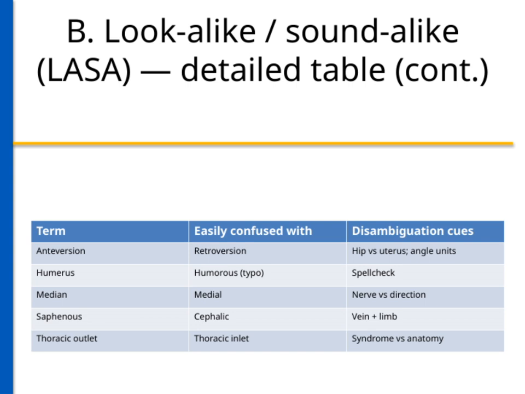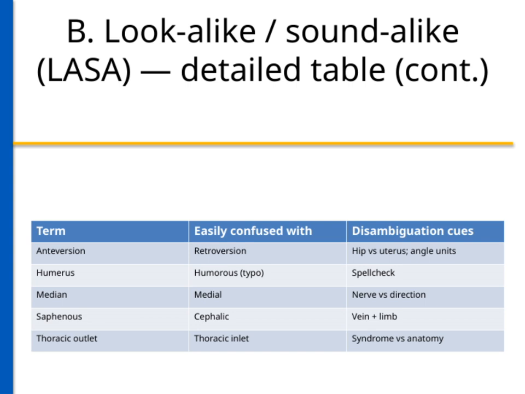Next, we have humerus, which is frequently misspelled as humorous. Just think of spell check to avoid that funny mistake. Moving on, median can be tricky because it's often confused with medial. But here, context matters. Median typically refers to a nerve or a middle line, while medial describes a position or